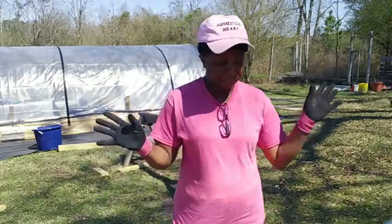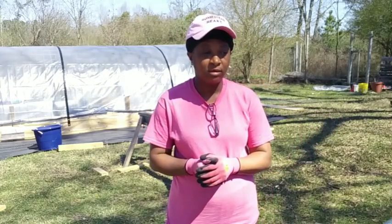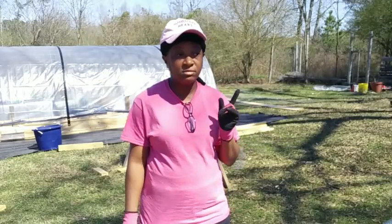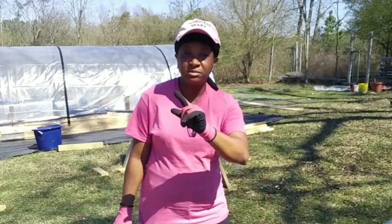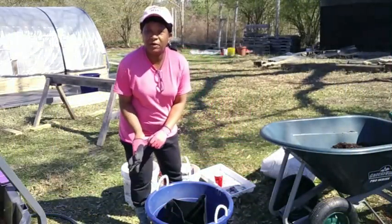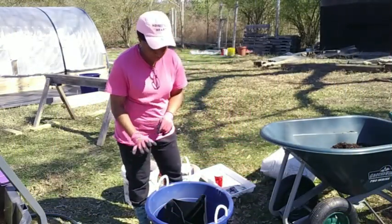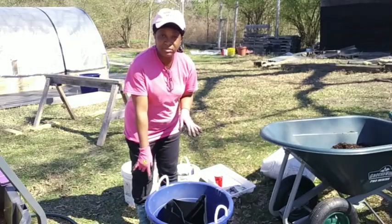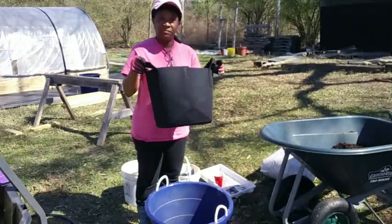But anyway, now I'm getting ready to plant my watermelon. However, this time, instead of planting them in tires, I'm doing something a little different. Let me show you. All right, y'all. So I am getting ready to plant my watermelon, not in these big tubs, but in